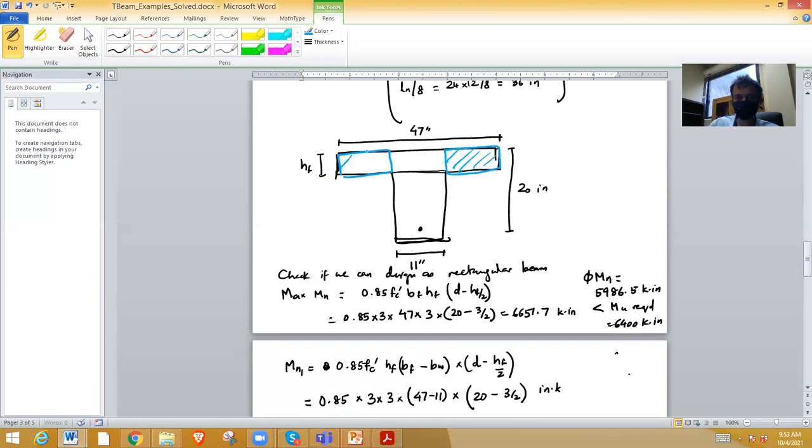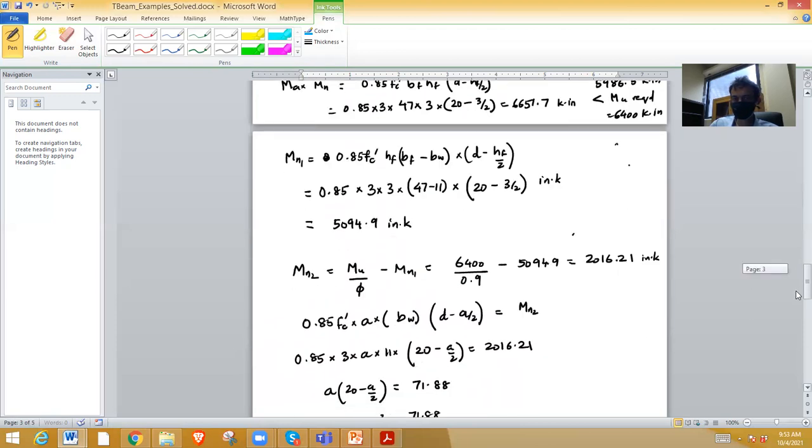So 0.85 fc prime, and the area is hf times bf minus bw. What is the lever arm? d minus hf by 2. So if you do all that, we get